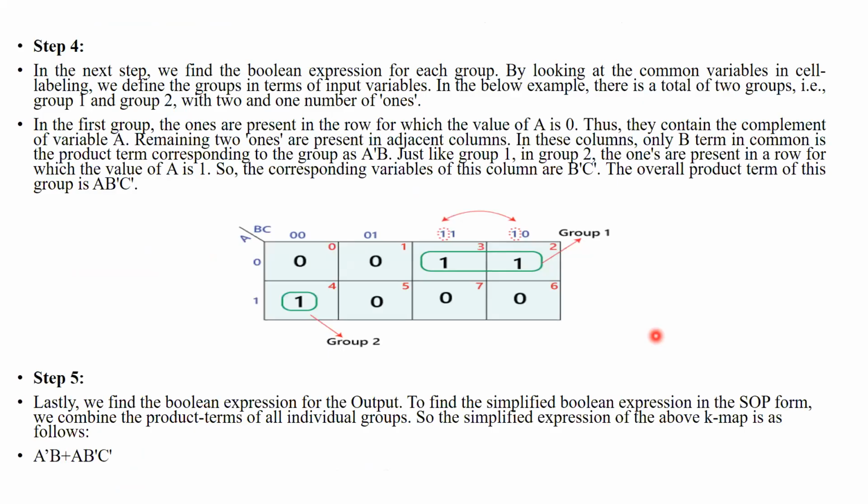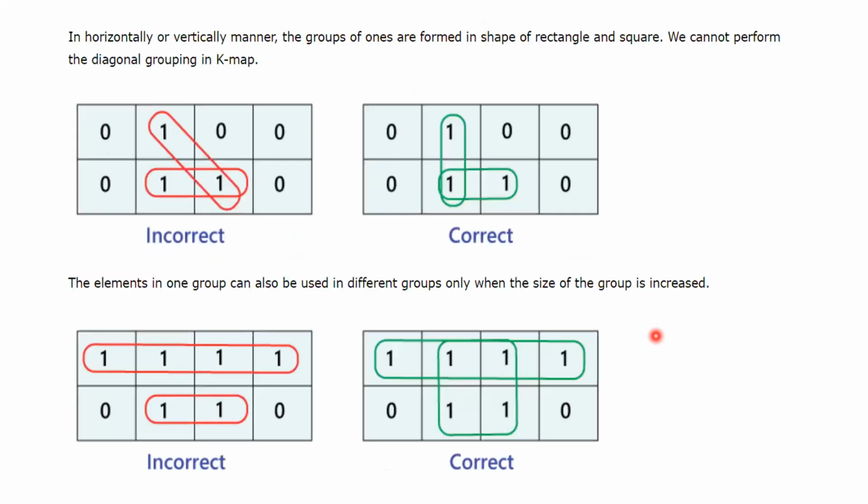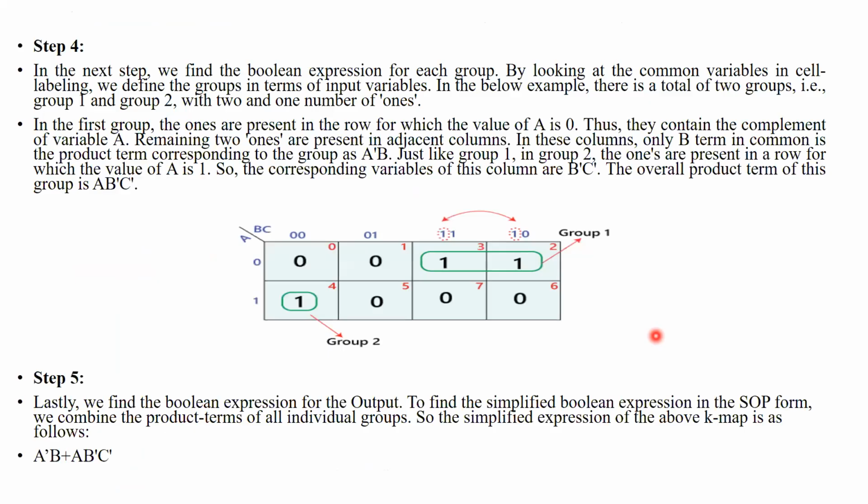So this was step 3 where we made the groupings. Okay. Now step 4. The group is made, now what do we have to do with it? If you read all this, you will be a little bit confused. First, let me explain from this diagram and then we will read it so that you understand. Suppose this is the entry based on the mean term. So I have taken A, B, C over here.